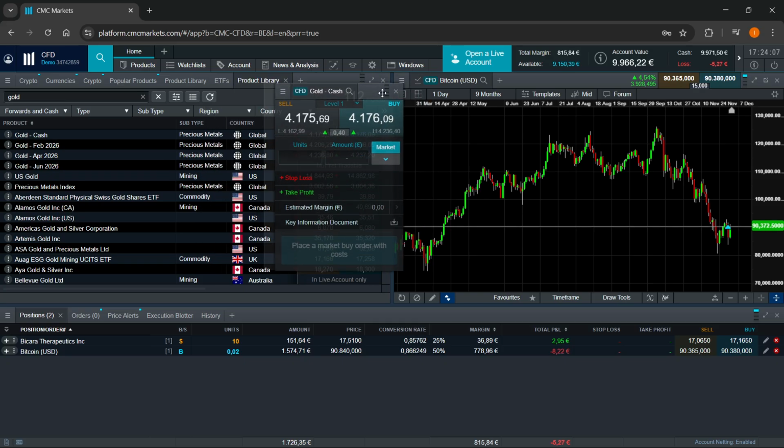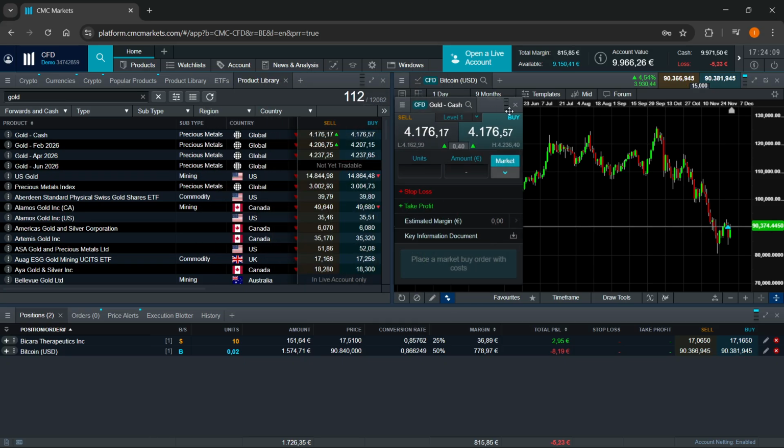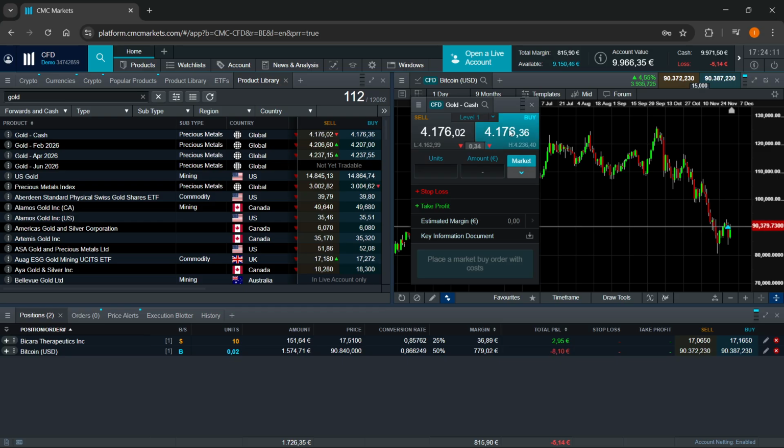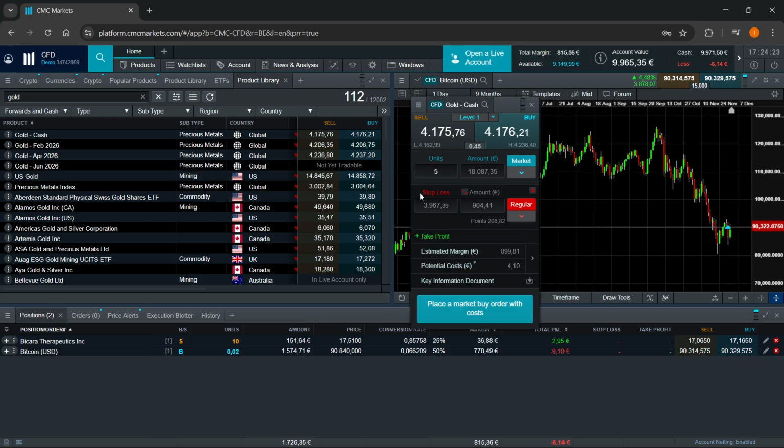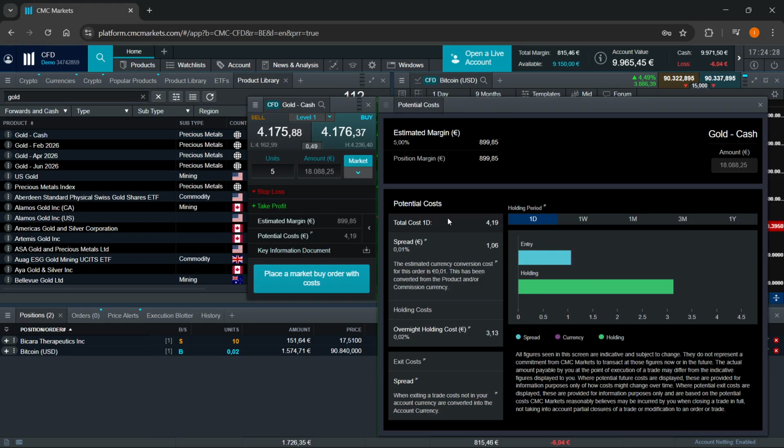When you do this, it's going to pop up an order ticket like this, so kind of an order box, and then you want to go to the buy button over here, select the amount of units you want, and then here you'll be able to see the amount in euros or of course your currency. You can then select your type of order, either market, limit, or stop entry, and then you could also add a stop loss or a take profit if you want to down here, see all the details regarding your order,